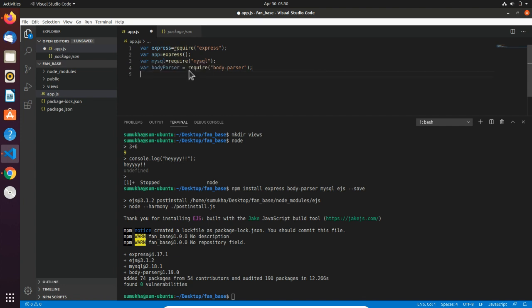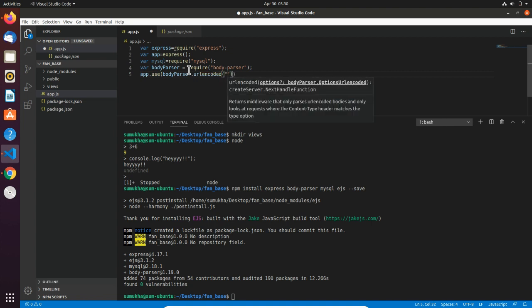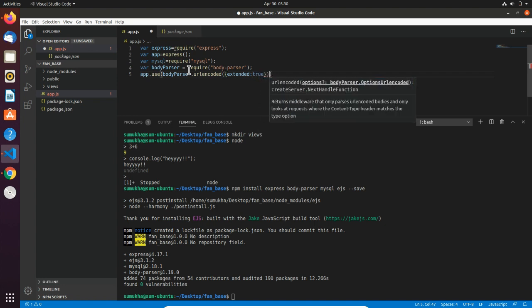Now we have to use these dependencies. app.use bodyParser.urlencoded, brackets, extended: true.